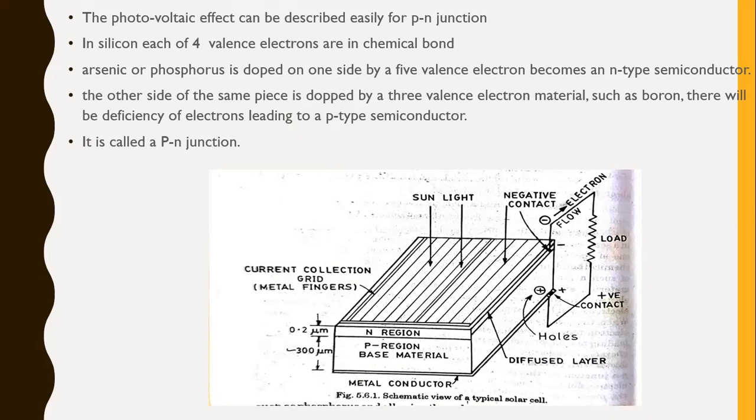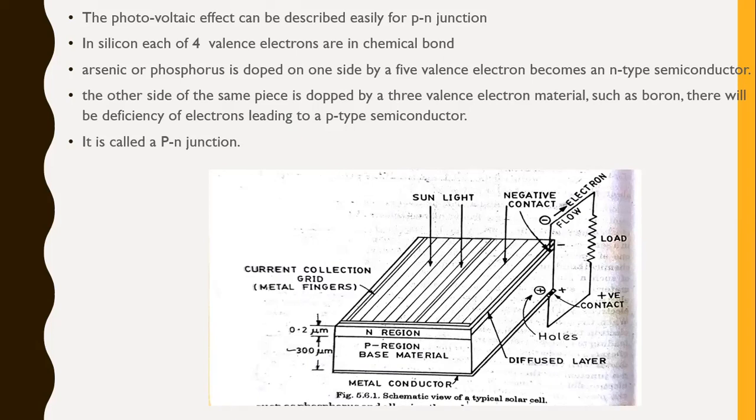Because there are deficiencies in both, they will compensate each other. In n-type, electrons are there, no holes. In p-type, holes are there, no electrons. So in order to compensate for these deficiencies, they tend to flow in opposite directions. This diffusion, this tending to flow, creates an electric field EF from the n region to the p region.